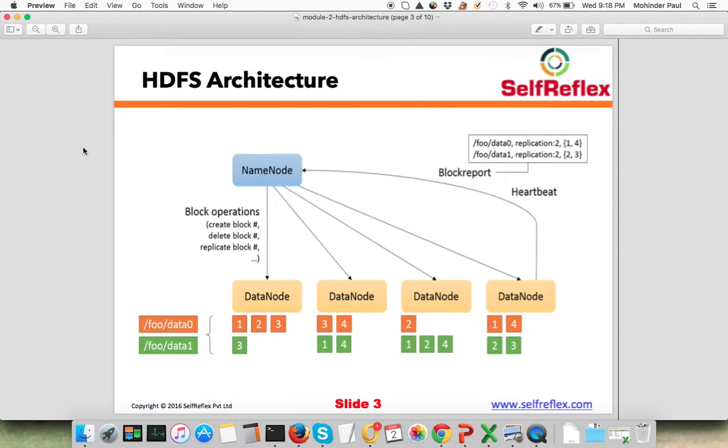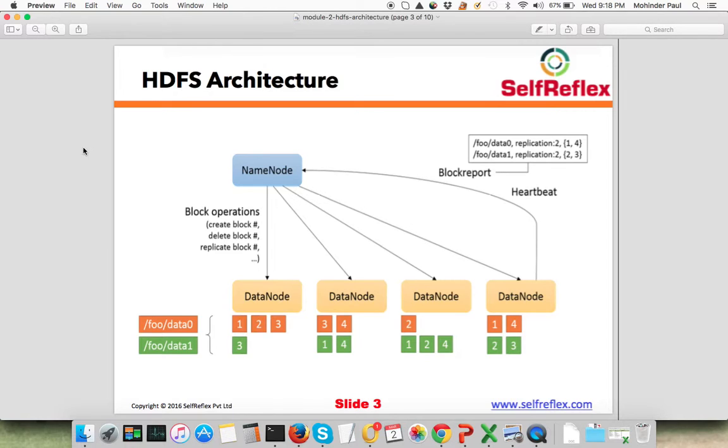Good morning, guys. So let's talk about HDFS architecture. As we have already discussed what exactly is big data, and we have already discussed some of the use cases that Hadoop can solve, let's dig a little bit deeper into the architecture of Hadoop. And the first part is HDFS. Let's understand how exactly Hadoop stores data into its file system.